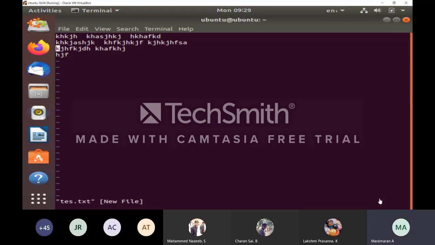Then I have to go to the first character. But now what is my intention? I want to delete that entire third line all of a sudden by using only one command. Then what I have to do? If you use x, what will happen? One by one you have to delete your characters. Okay, but if you want to delete the entire line, then you have to use d. See, just I am pressing d 2 times, then entire line deleted. See this. Are you getting my point?